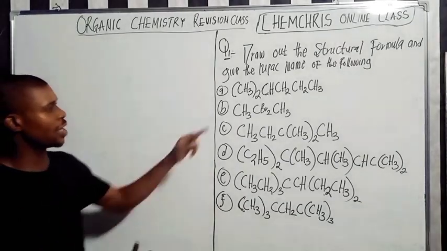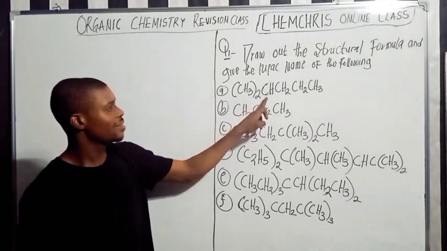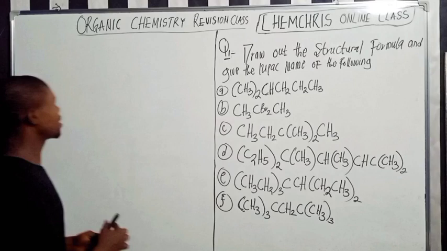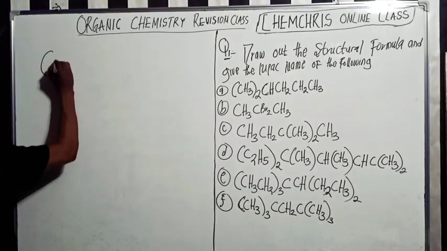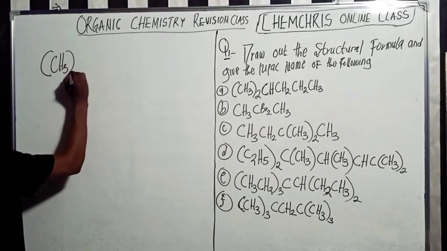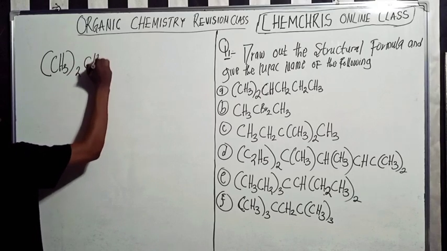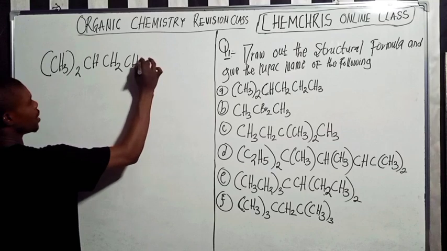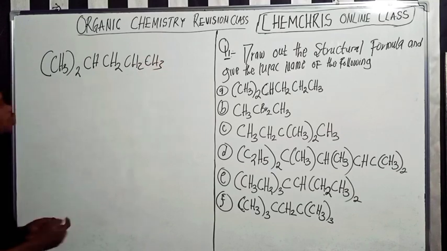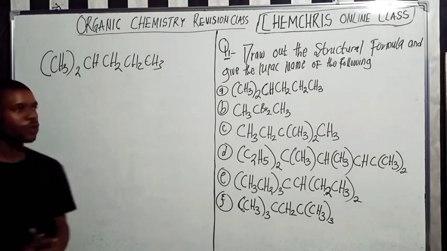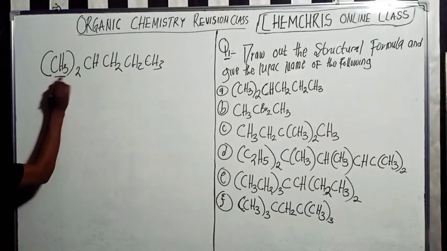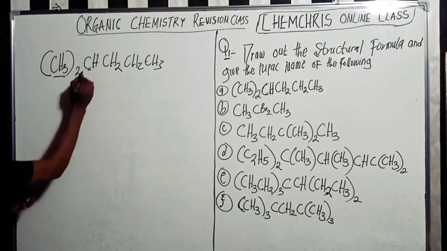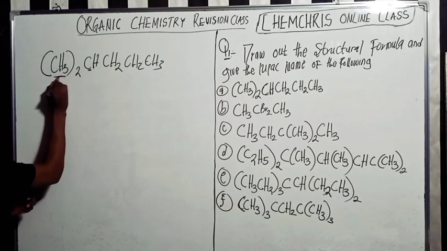If you check this one here, we have CH3, CH, CH2, CH2, CH3. Now let me just draw it out so we can understand it. Here we have CH3, here we have CH, CH2, CH2, and here we have CH3. So how do we draw the structure? Understand that this CH3 is attached to this carbon atom, so this carbon atom is carrying